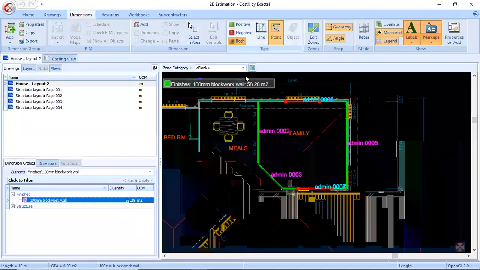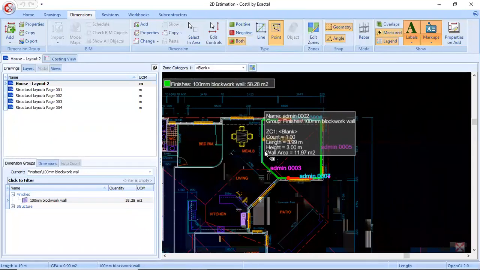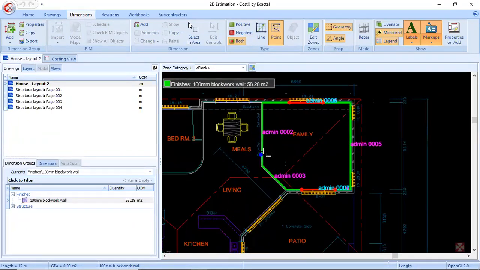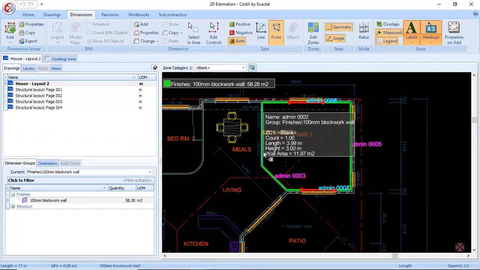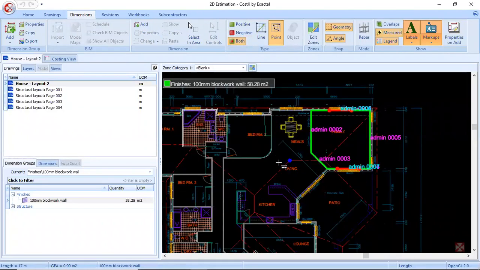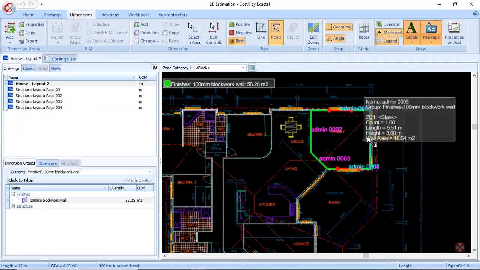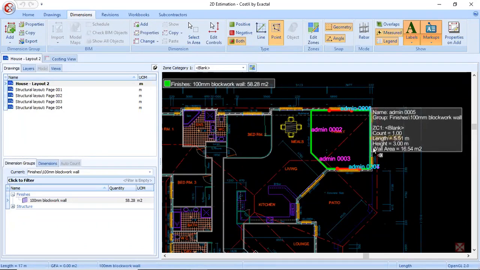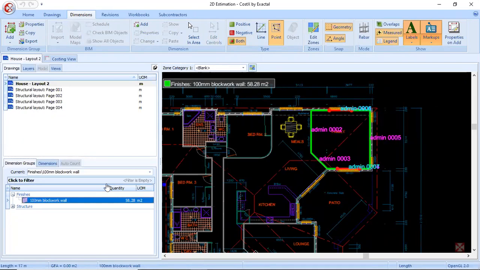So this is how we can do a wall calculation, and the quantities are highlighted on the drawing itself, and we are taking our quantities by tracing our lines or area from the drawing directly. This is called an on-screen takeoff method, and there is less chance of missing a quantity from calculating, because as it is highlighted in the drawing, we'll get to know whether we have taken all the walls or areas into measurements.